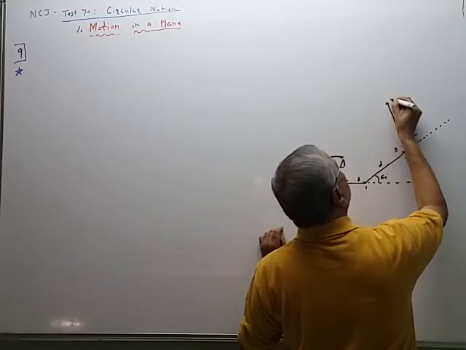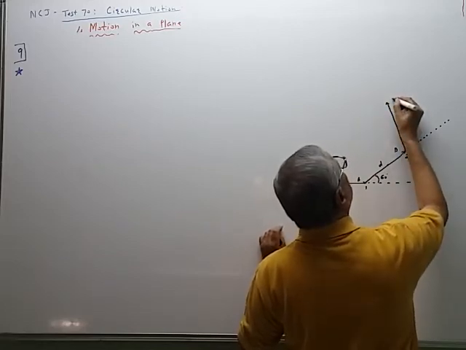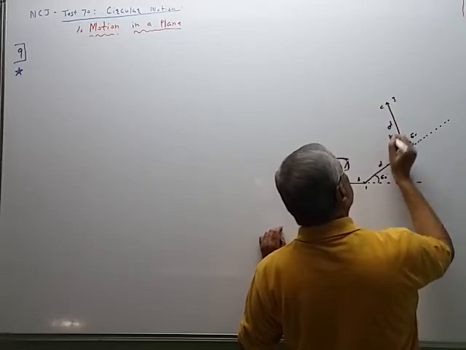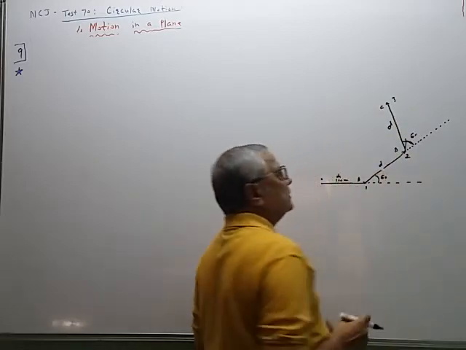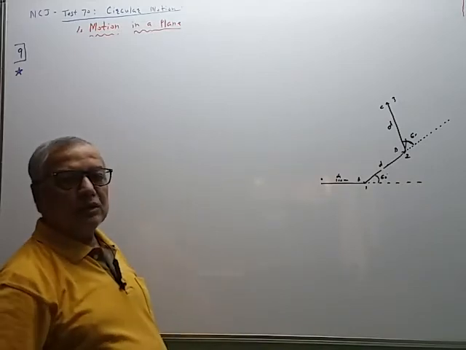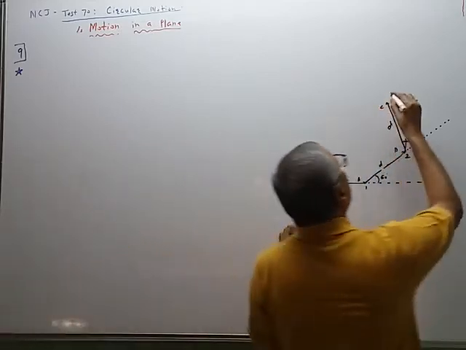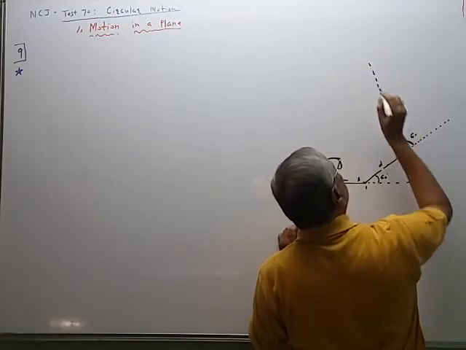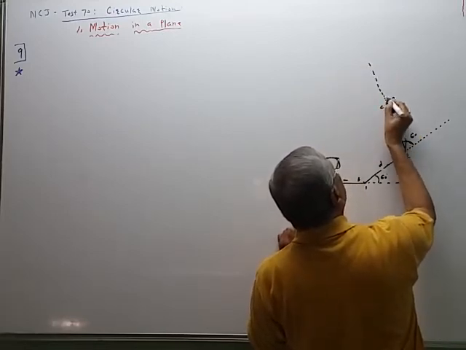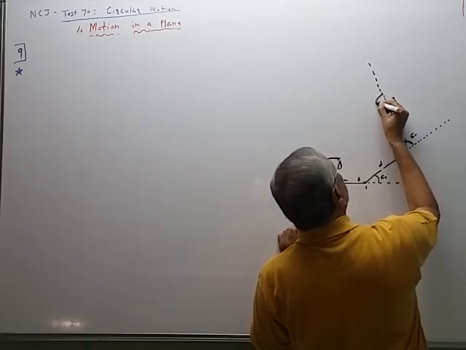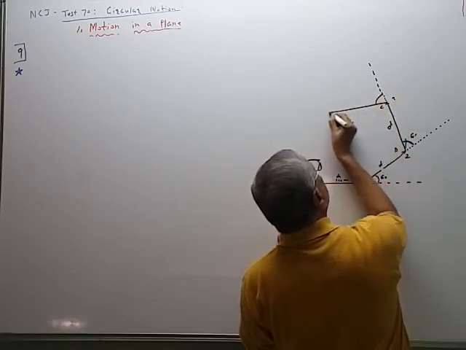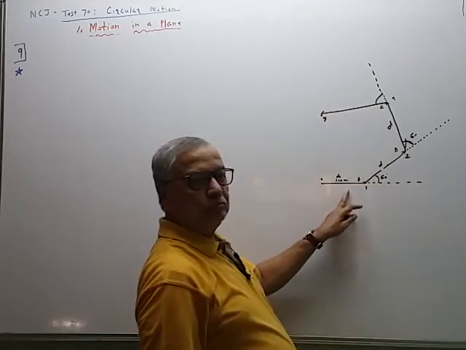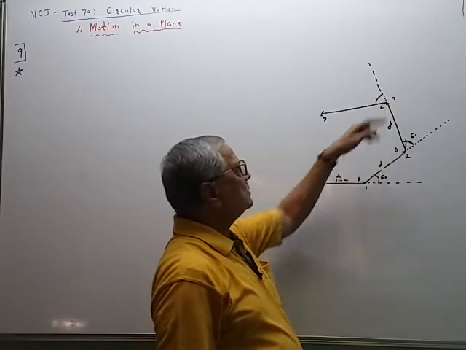So at the third turn, he reaches the point C. The distance is again D. 100, 100, 100 like this. All displacements between the two successive turns are equal. Now, in this case, the direction is like this. Now he turns by 60 degree. So from this direction, draw a line making an angle 60 degree. So it will be almost horizontal, parallel to this. So 60, 60, 60.